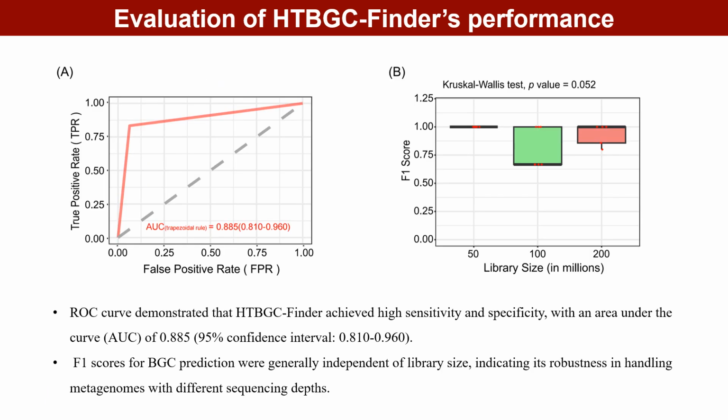To further evaluate the performance of HTBGC-Finder, we simulated BGC transfers across different taxonomic levels and observed whether the tool detects the intended transfer events. The ROC curve demonstrated that HTBGC-Finder achieved high sensitivity and specificity, with an AUC of 0.885. This suggests that HTBGC-Finder is highly effective in predicting HTBGCs across different metagenomic datasets. F1 scores for BGC prediction were generally independent of library size, indicating its robustness in handling metagenomes with different sequencing